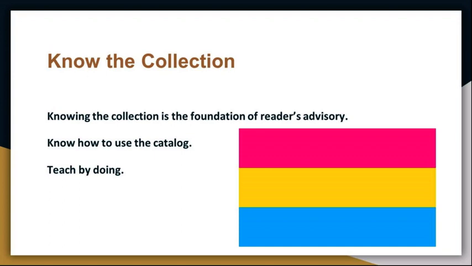Show them that a book like Simon versus the Homo sapiens Agenda, for example, may have subject tags like gay fiction and love stories fiction. And if they explore love stories, they may find even more queer stories than just exploring gay fiction. Remember that queer people read straight stories and straight people read LGBT stories, so don't get hung up on that.